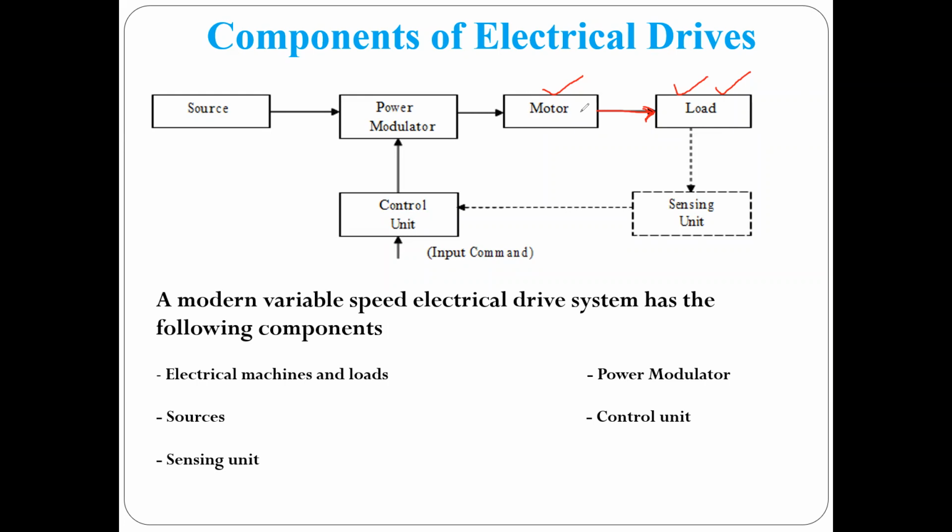The shaft of the motor is directly connected to the shaft of the load. These are the different types of mechanisms we are using to connect the motor and load. The motor and load can be connected through a belt, a chain, a rope, or directly to the shaft of the motor. Is it clear? So next, how can we control the speed of this motor?